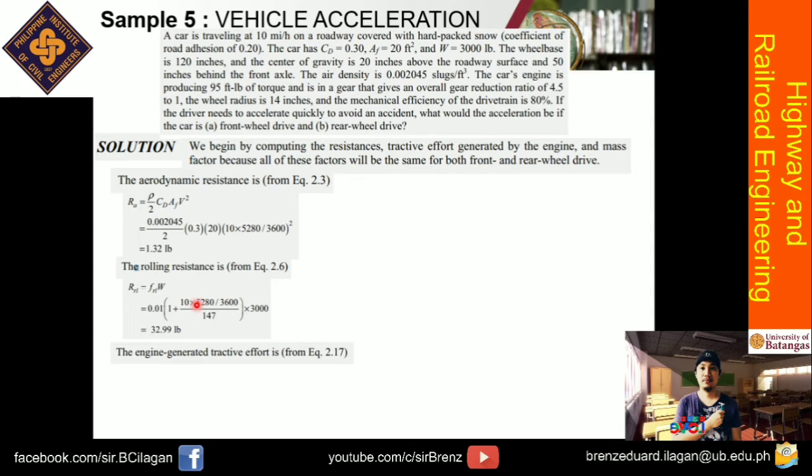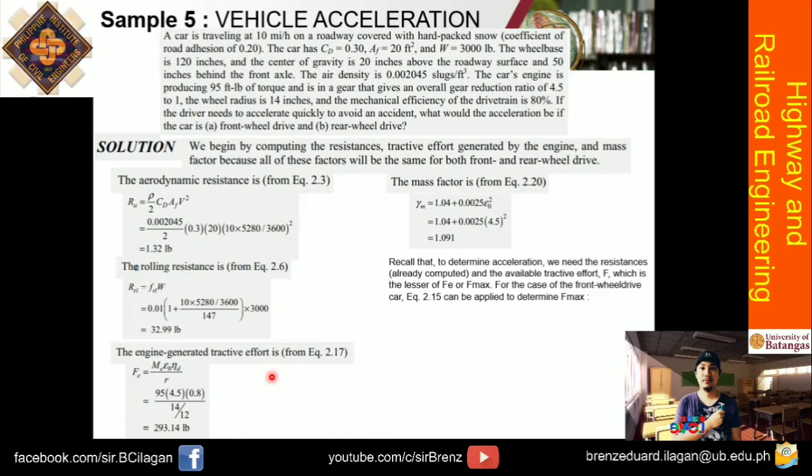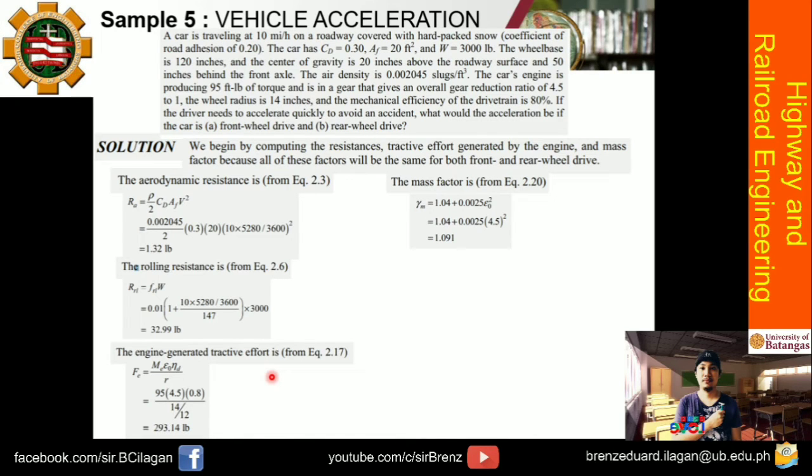For the engine generated tractive effort, given in equation 2.17, F sub E is equal to M sub E times epsilon sub 0 times n sub d over r, or 95 times 4.5 times 0.8 divided by 14 over 12. So the answer for F sub E, the engine generated tractive effort, is 293.14 pounds. And for the mass factor, from equation 2.20, gamma m is equal to 1.04 plus 0.0025 times epsilon sub 0 squared, or 1.04 plus 0.0025 times 4.5 squared, so the answer is 1.091. And upon getting the mass factor,